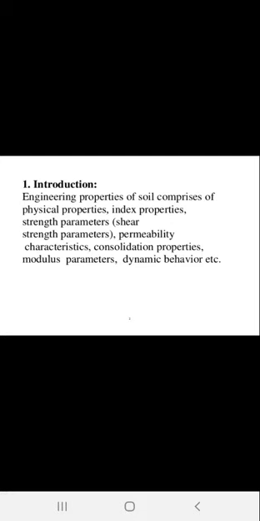Students, my name is Er. Gurminder Singh and today we will discuss the engineering properties of the soil. At the very first, engineering properties of the soil comprise physical properties, index properties, strength parameters like shear strength